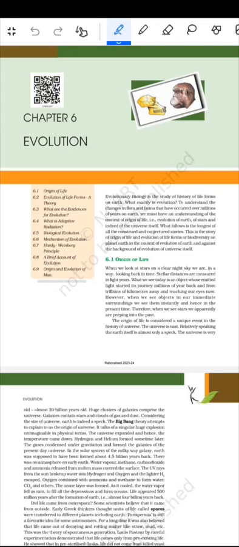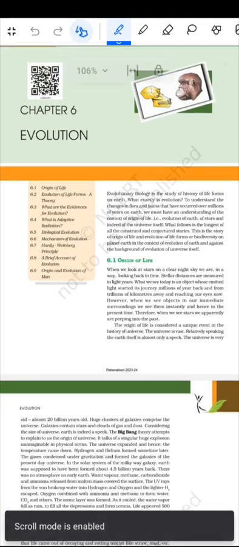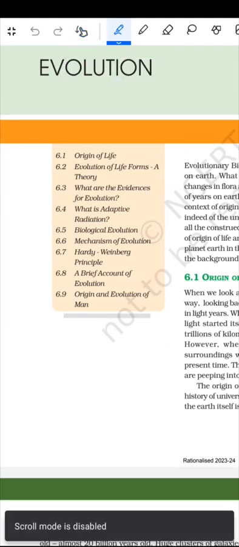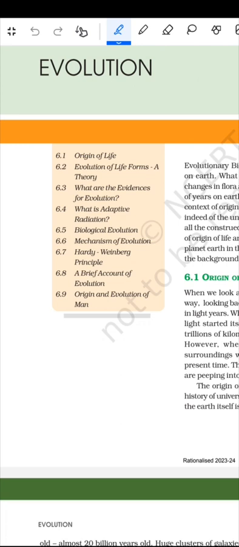इवोल्यूशन का एनसीईआरटी है। इसमें टॉपिक्स हैं: ऑरिजिन्स ऑफ लाइफ, इवोल्यूशन ऑफ द लाइफ फॉर्म्स और थ्योरी, what are the evidences for the evolution, what is the adaptive radiation, biological evolution, mechanism of the evolution, Hardy-Weinberg principle, a brief account of the evolution और origin and the evolution of the man।